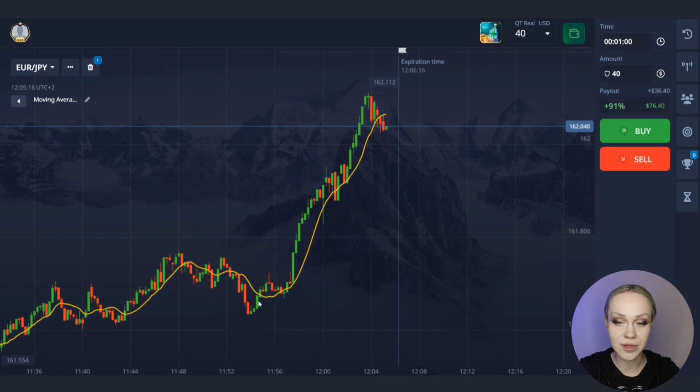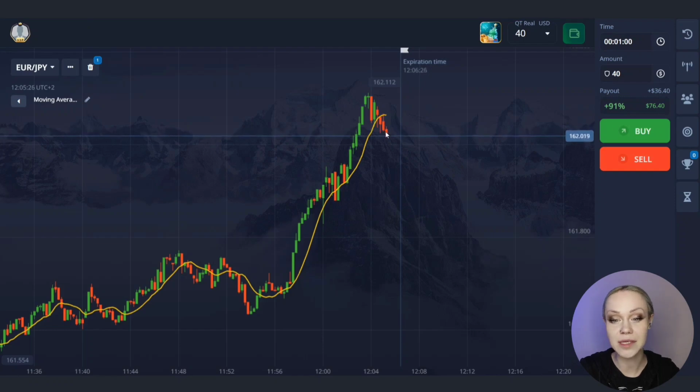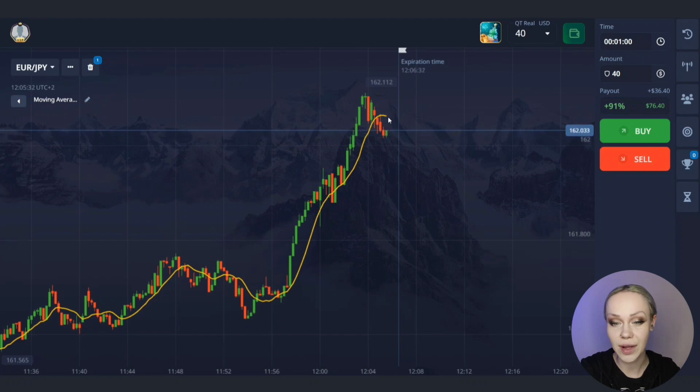There was a good steady uptrend here. At a certain point, a reversal occurred and red candles began to form. At the same time, the price crossed the moving average from top to bottom and continues to move further. The moving average starts to reverse and follow the price. I suggest opening a trade for a fall for 1 minute, as the price is more likely to move down